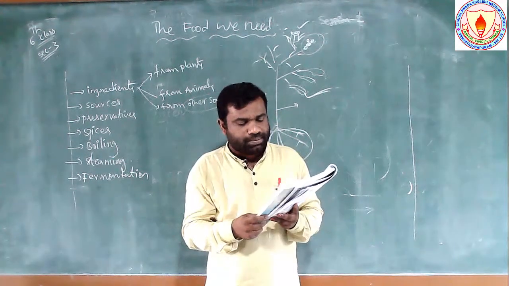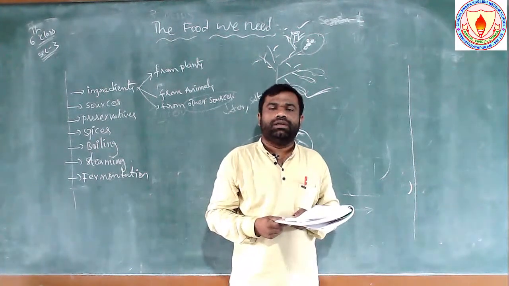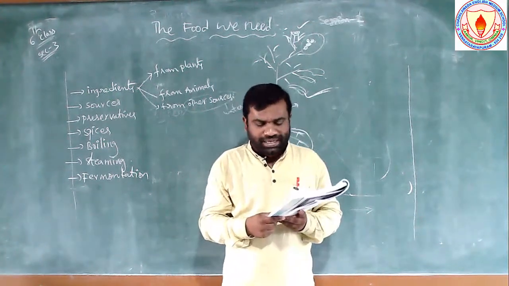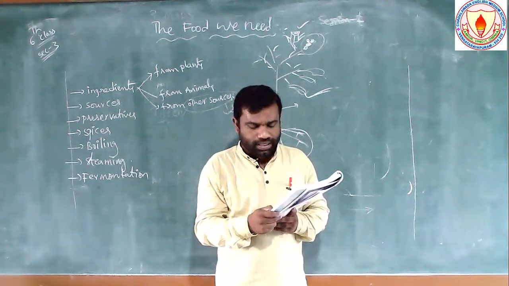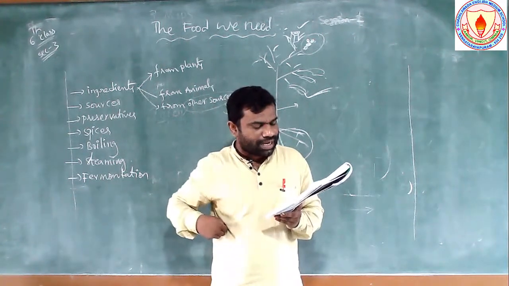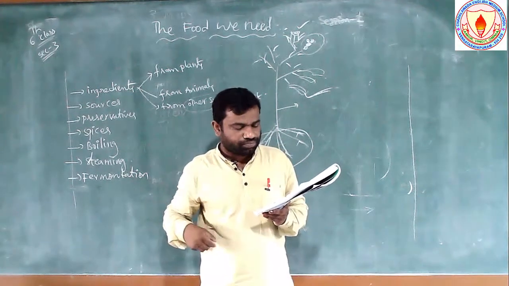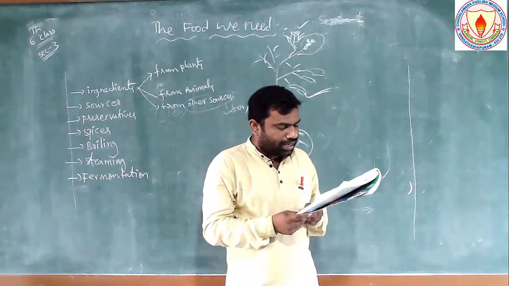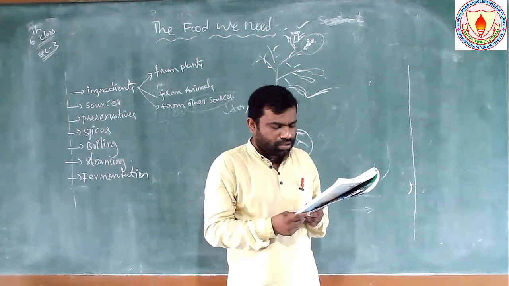You know that we get milk from the cow and buffalo. Next, mutton from the goat and the sheep. Chicken from hens. Pork from the pig and eggs from the birds. We get butter, cheese, ghee and curd from the milk. Honey is also a good ingredient obtained from honeycomb.